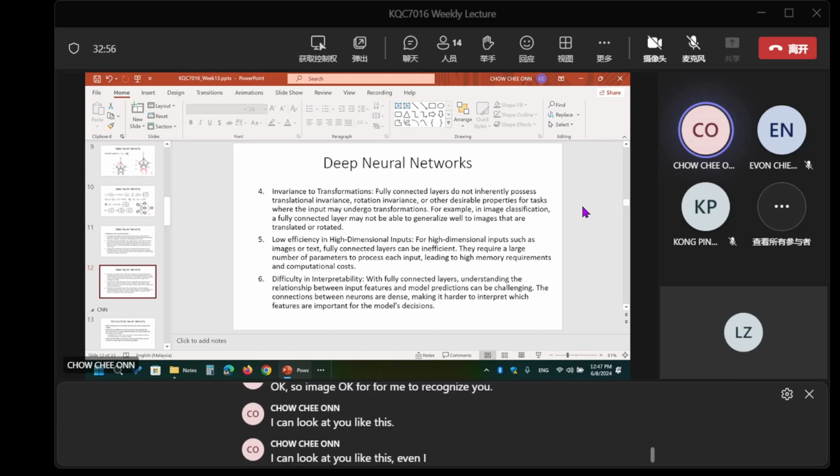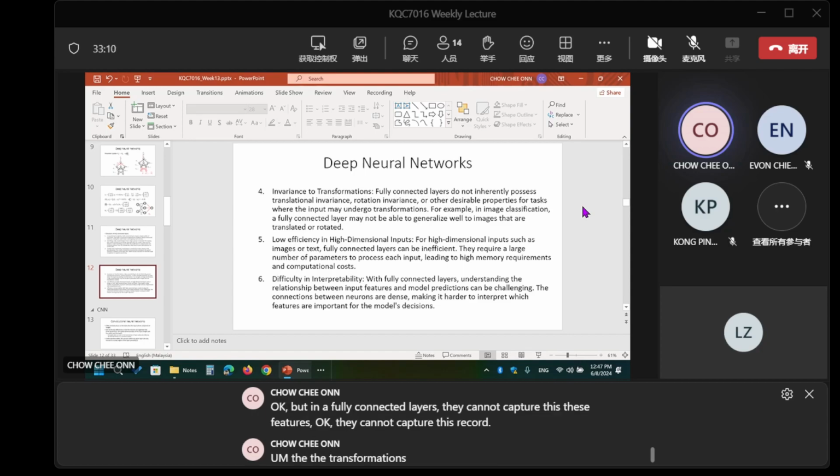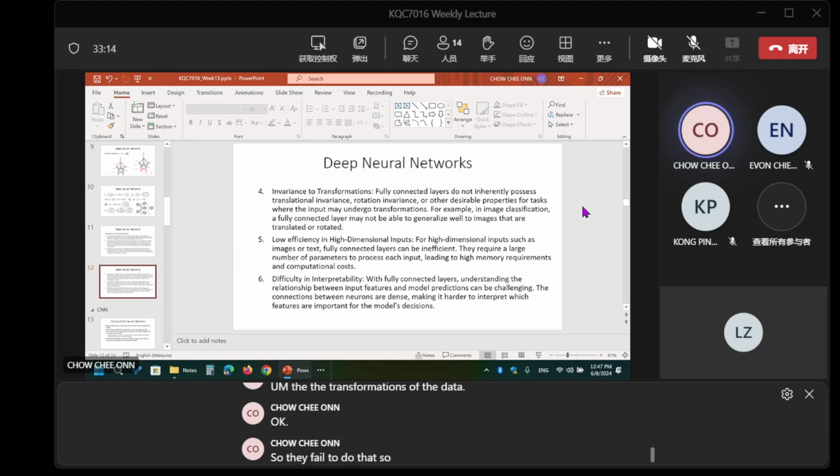Even if I reverse your image, I can still recognize you. But fully connected layers cannot capture these features, what we call transformations of the data. They fail to do that. The model that we learn later can overcome these limitations.